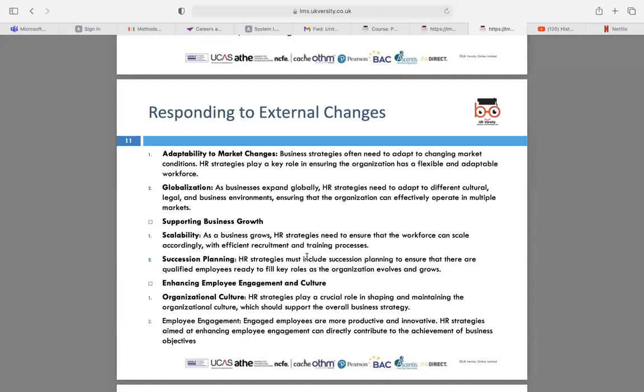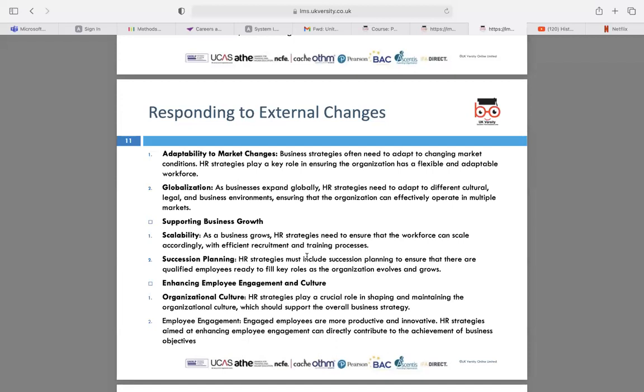So that's where HR has to look at recruitment and different trainings of associates, for them to have all of the skills to do better in their job. Then it also looks at succession planning. Succession planning eventually means how qualified associates are being put in specific job roles, and how the organization is evolving and growing, because of which we need skilled employees to be put in specific places.